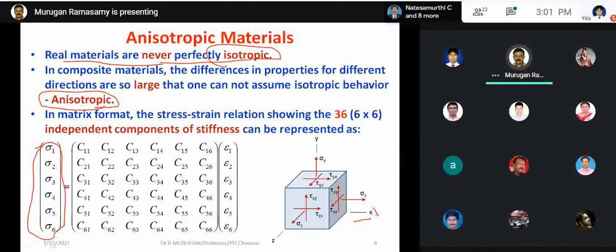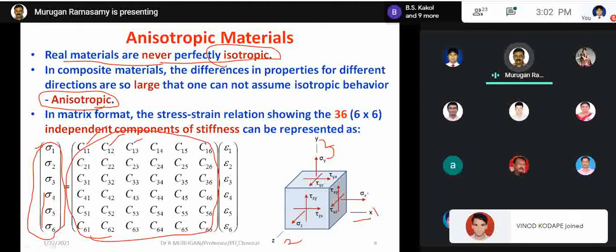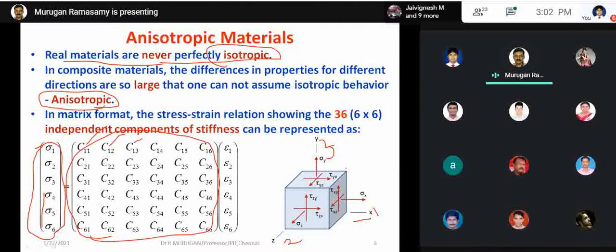Here they will use 1, 2 and 3, or sometimes this will be 2, this will be 3, depending upon the notations. That is why they are using sigma 1, sigma 2, sigma 3. These are shear stresses. Now when you say isotropic material, we cannot say these constants are the same, right? We cannot evaluate this constitutive matrix simply by using one elasticity modulus and Poisson ratio, because this material will behave in a different manner in different directions.